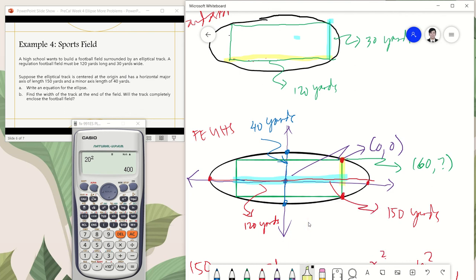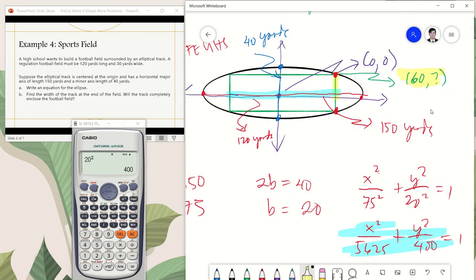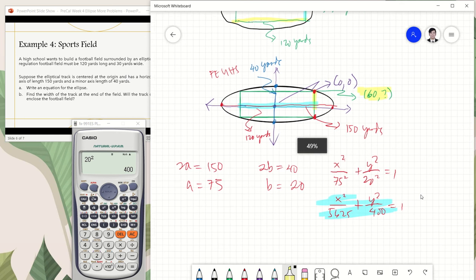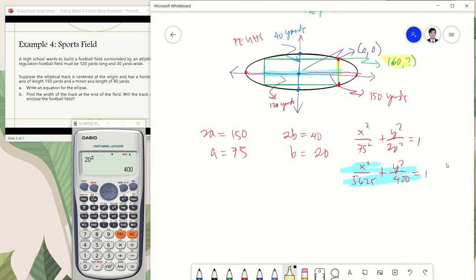So, for you to really identify the whole width of the field, you still have to multiply it by 2 afterwards. Since itong point na to, part ng ellipse natin, pwede lang natin siyang i-substitute, saying that if x is equal to 60, so magiging 60 squared